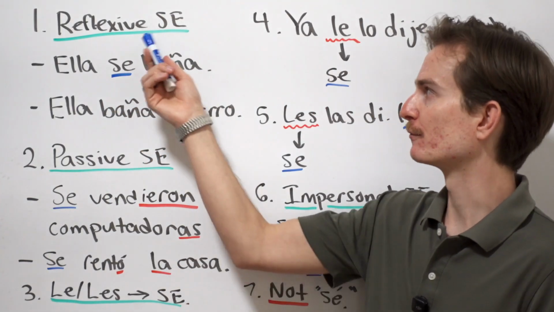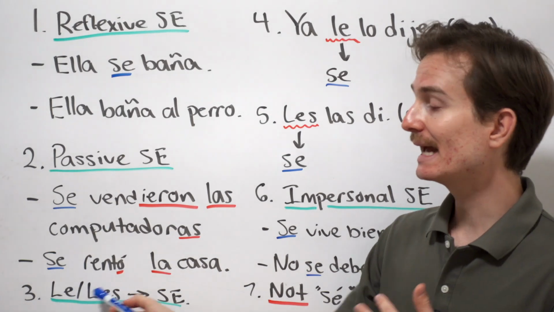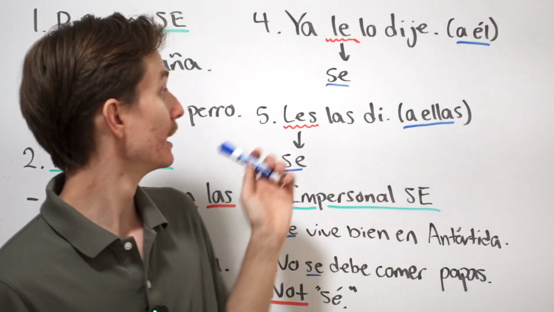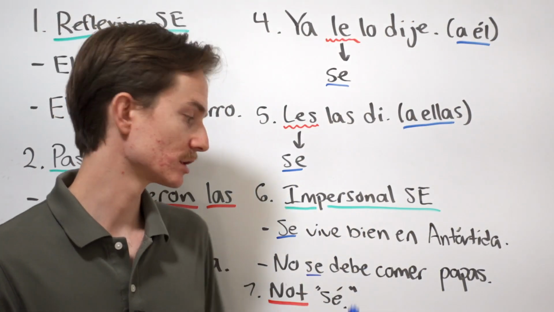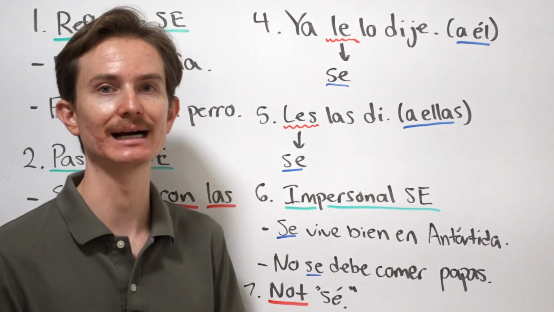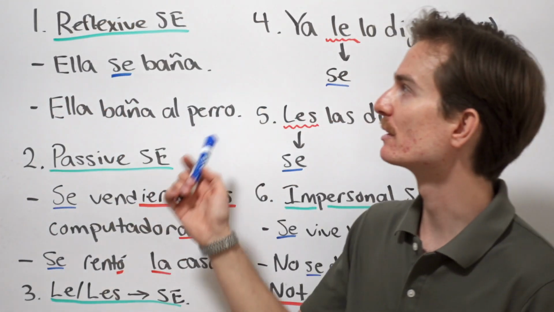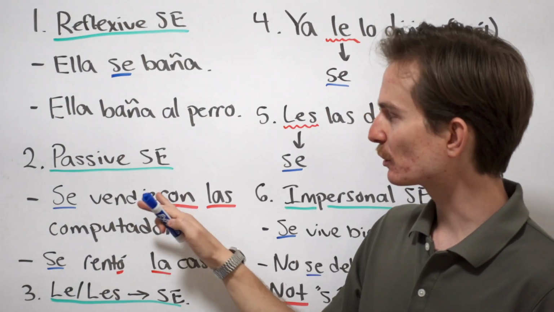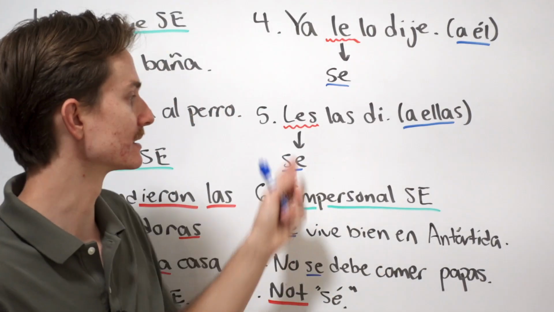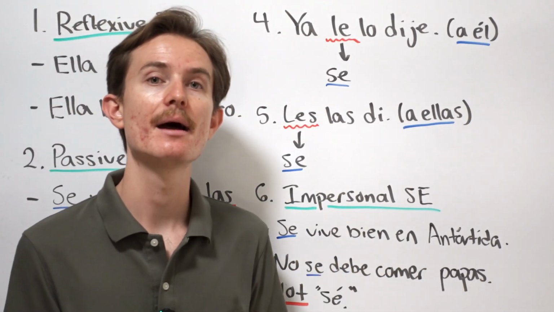But there you go. Reflexive se, passive se, le and les becoming se, and the impersonal se, and also not getting it confused with this kind of sé. The most common ones you're going to see are the reflexive se. This one you don't see it too much, and then probably this guy right here, the les and le becoming